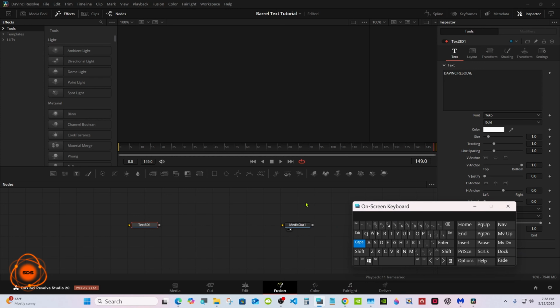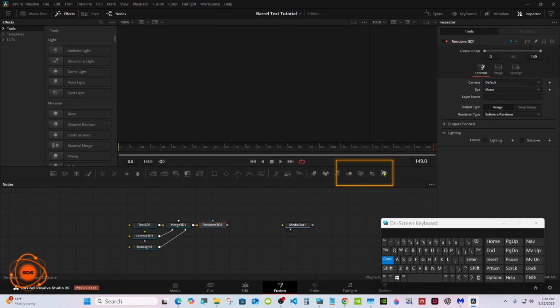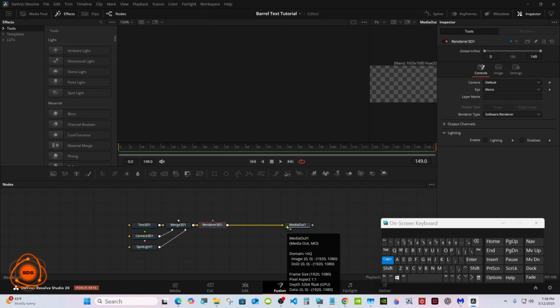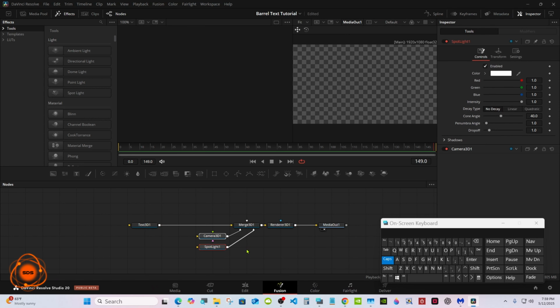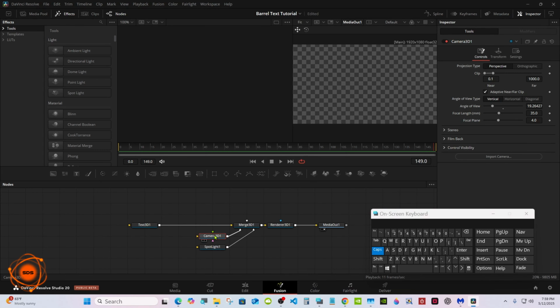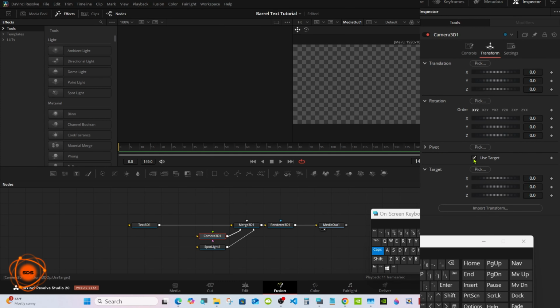With the text node selected, add a merge, camera, light, and a render. Plug it in the media out, and you should see it in viewer 2. And to see your text, select the camera node, go to transform, select use target,